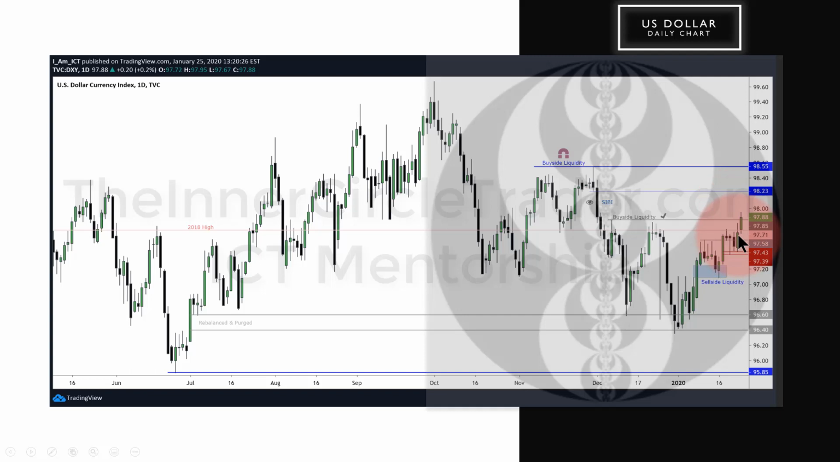If you want to just make it real easy for yourself, the 98 big figure, which is basically here, we want to see 98 offer really no resistance whatsoever. We want to see it just trade through it, plow right through it, and then large candles come in,